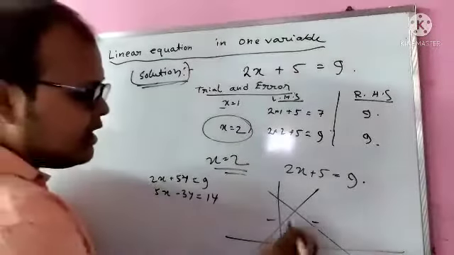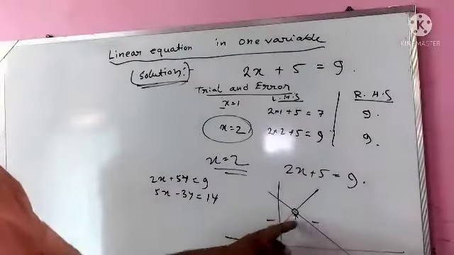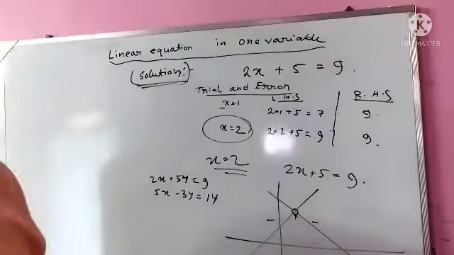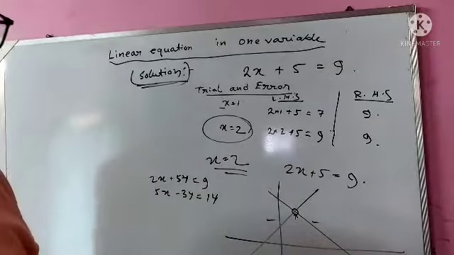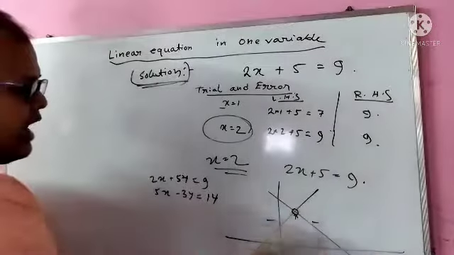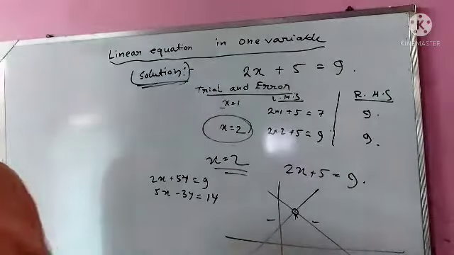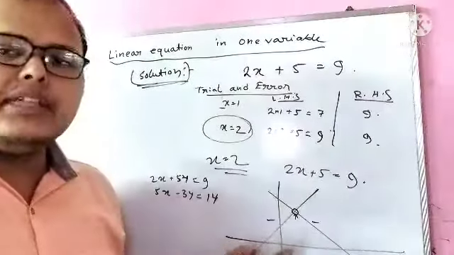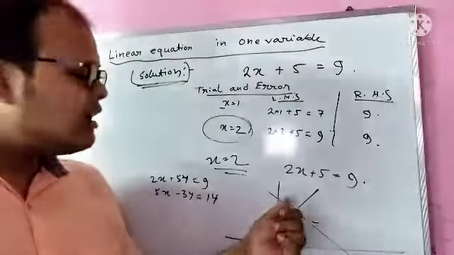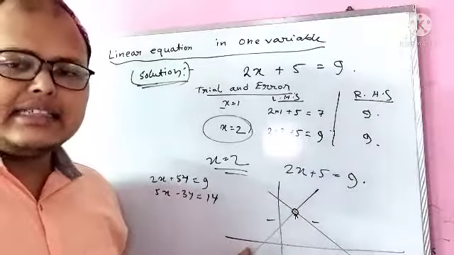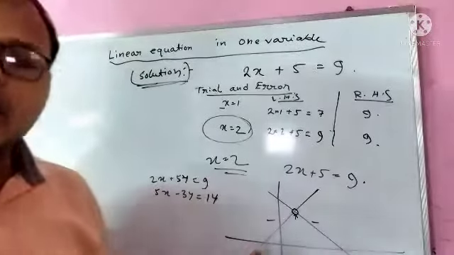Okay, in that case my solution will be this point where the two graphs are intersecting each other. Okay, that will be called the solution, where this point will satisfy both the linear equations together. Okay, so that is the solution. And in case of a root, it means the solution of a linear equation with the x-axis. Always the second one will be the x-axis, that is fixed for having a root. Okay, that means if a graph of a linear equation cuts the x-axis in a certain point, that point is called the root of that linear equation.